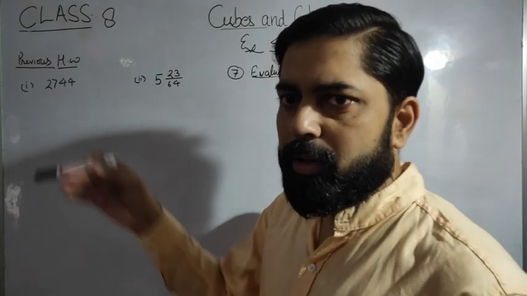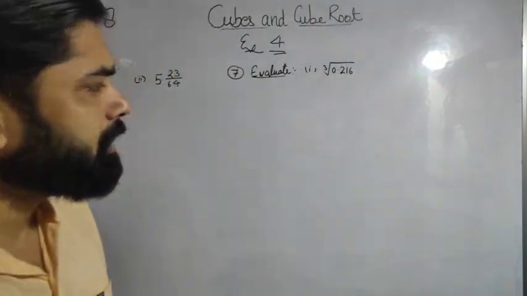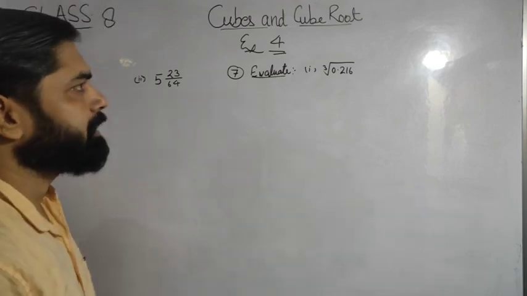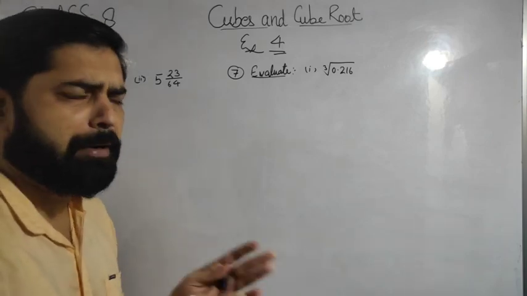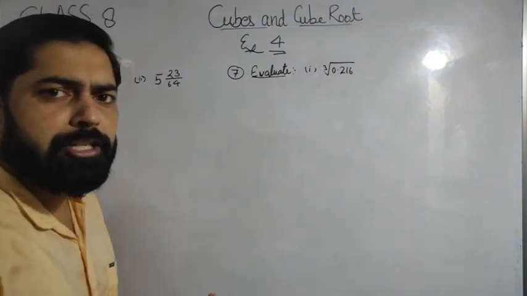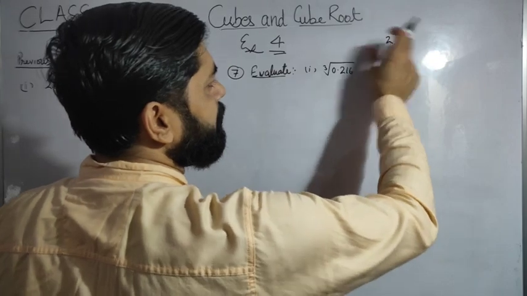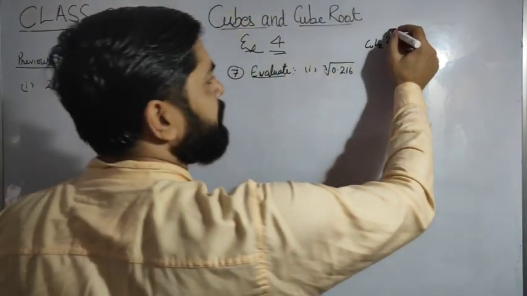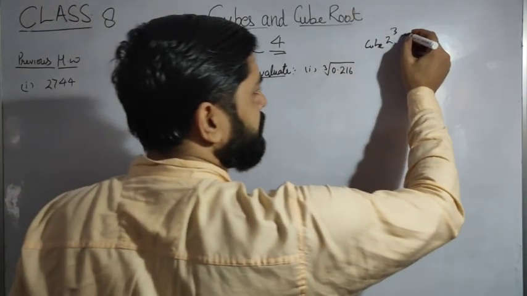So first look here at how we can find the cube and cube root. I will re-explain in short. This is a quick revision of what a cube is and how to find the cube root of any number. So look here, what is a cube? When we write a number raised to power 3, we find that number's cube. If your question is what is the cube of 2, how do we find it? When we write 2 power 3, we can find the cube of 2.